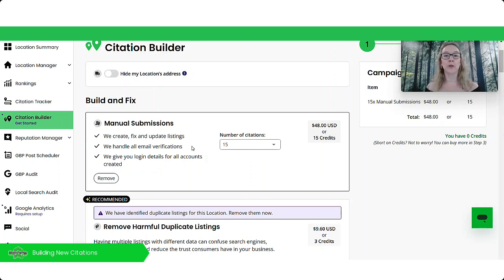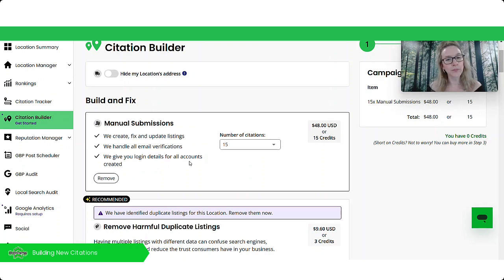they require verification from the client, whether that be our client or your client. They need proof of the business being registered. So that is something the person at the physical location, or if you're a service area business, the person that has registered the business, would need to be responsible for. All other email verifications are handled by us to take the legwork out of it for you. And as you can see, we'll give you the login details for all of the listings that we create. That means that you own them going forward and you are free to manage them in any which way you